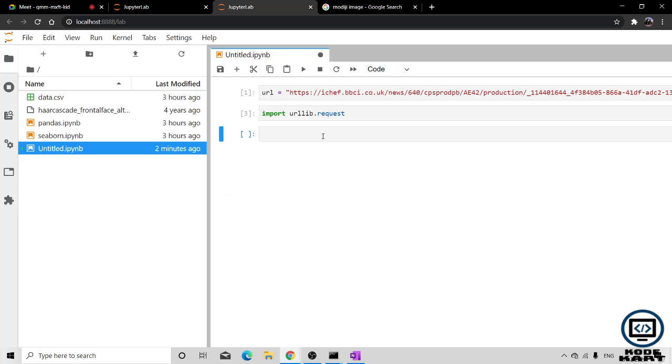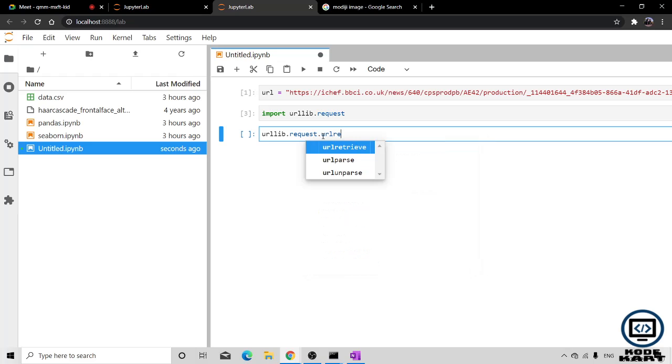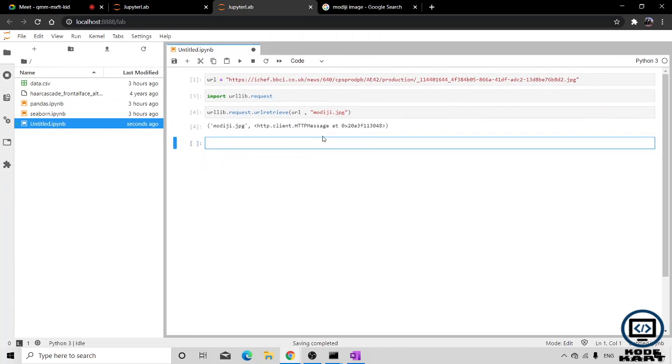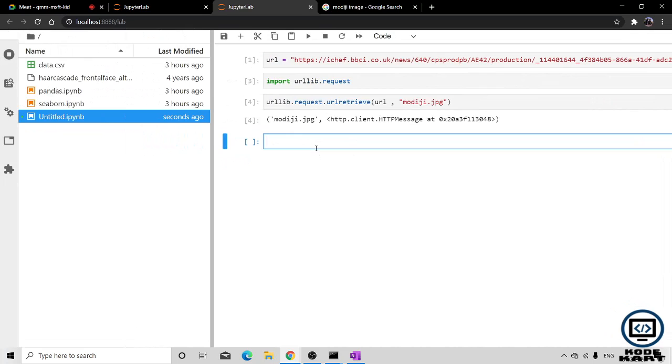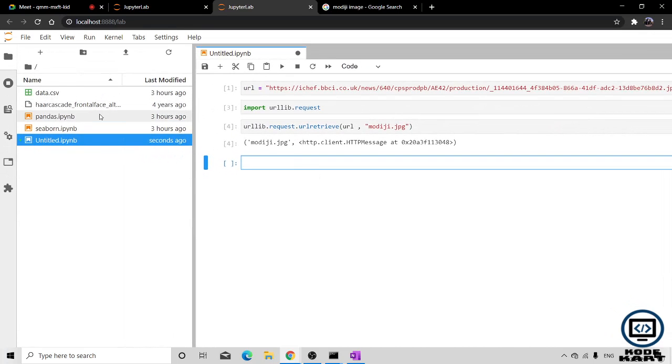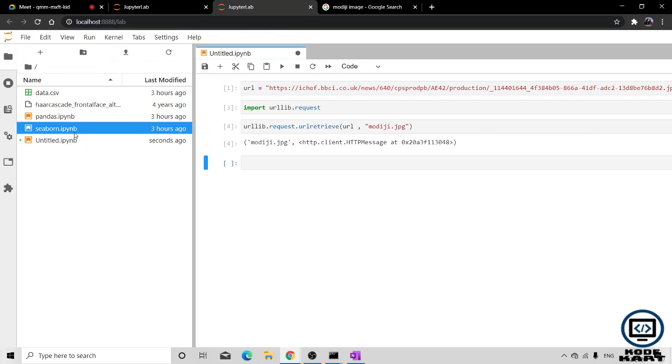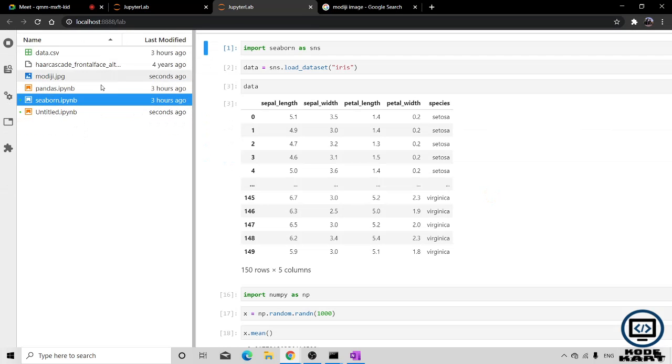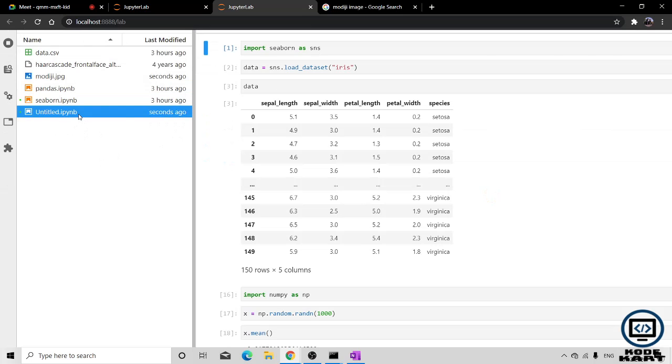So I have to do urllib.request.urlretrieve(URL, 'modiji.jpg'). Now it is showing that the image has been saved to my PC. It should be there. Oh, it is not reflecting right now, but it will. Yeah, it is here now.